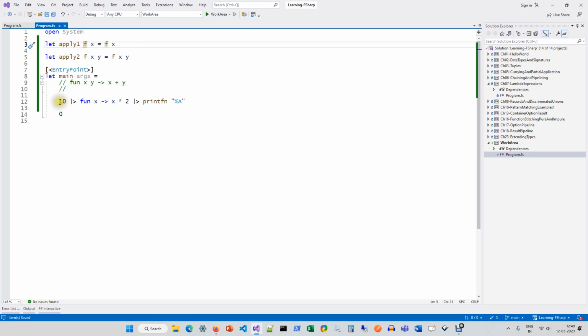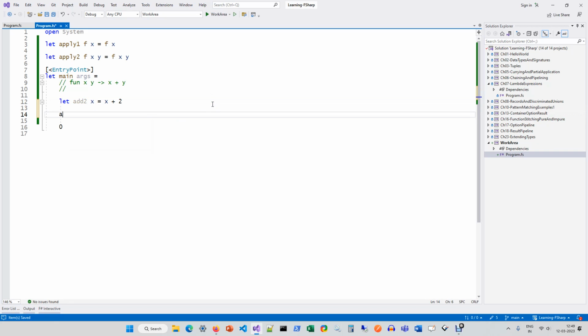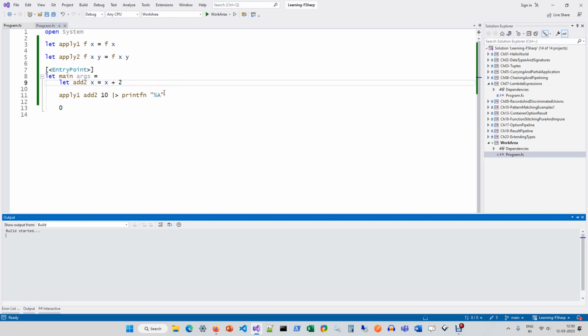So if you have, let's say, let add2 x = x + 2, you can say apply1, which is given f, which is add2 in our case, and then the parameter for add2, which is, let's say, 10. You will get 12, let's say,